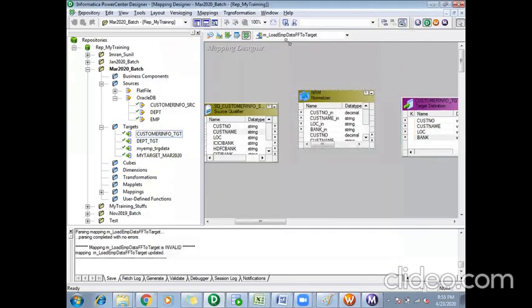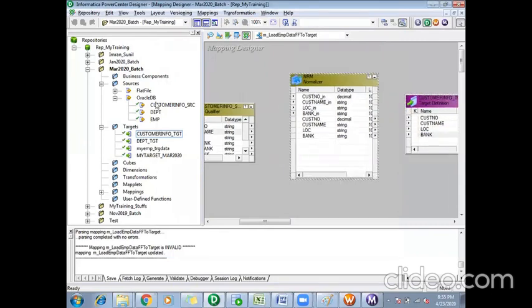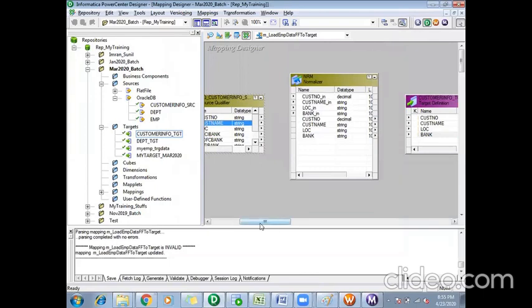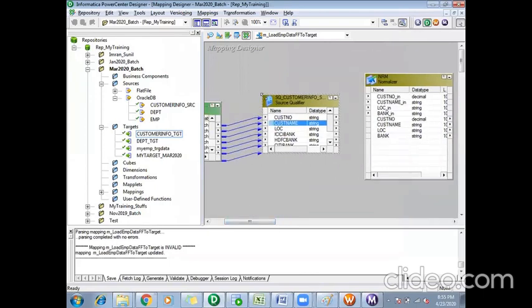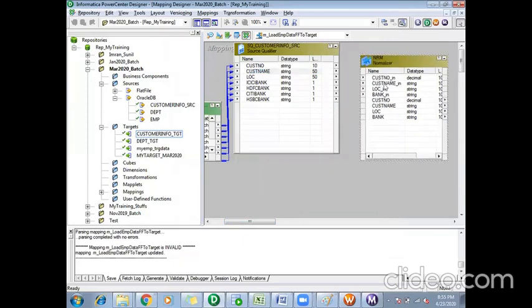Okay. So for each port, it has created one input and output. Now, on which port do I need to provide the occurrence? Can you guess it? On which port out of these 4 ports in my normalizer do I have to give the occurrences so that it will create multiple input ports? Customer number? No. Why customer number? Just see this source data and then check the normalizer. You will get an idea.